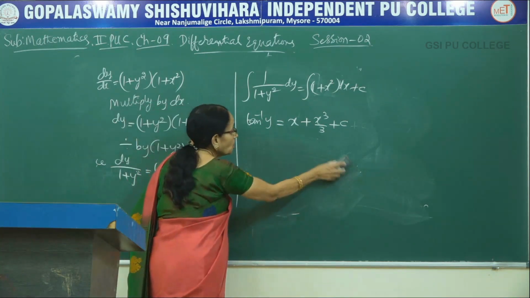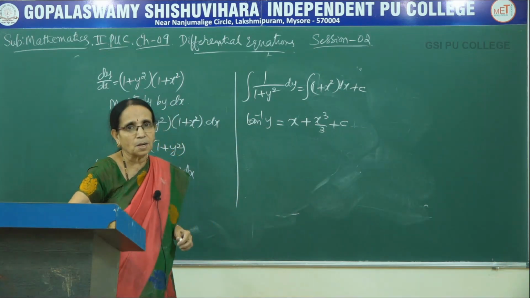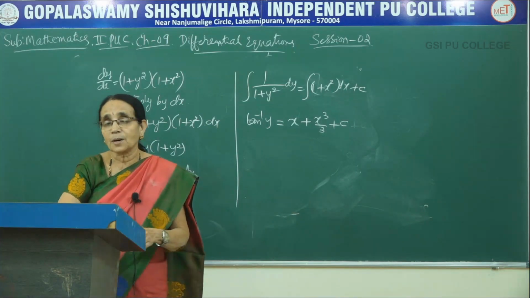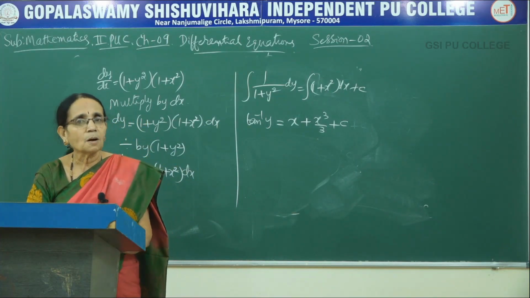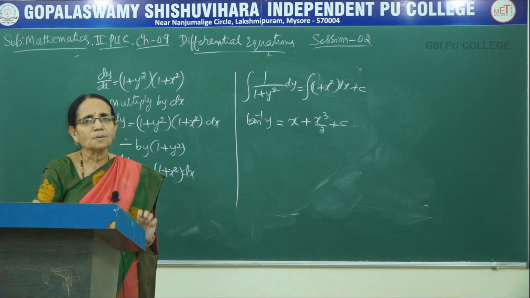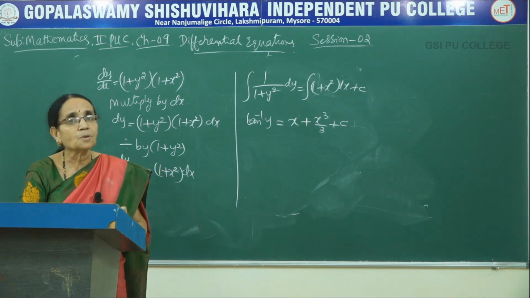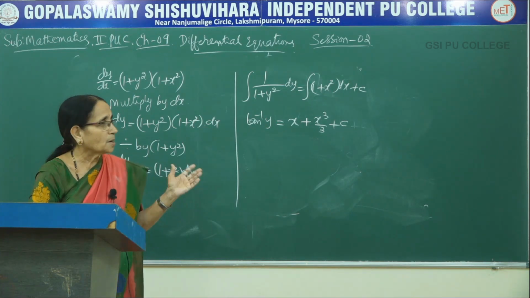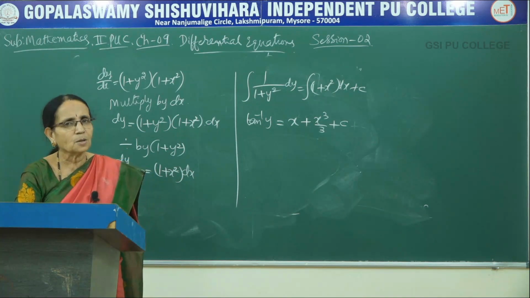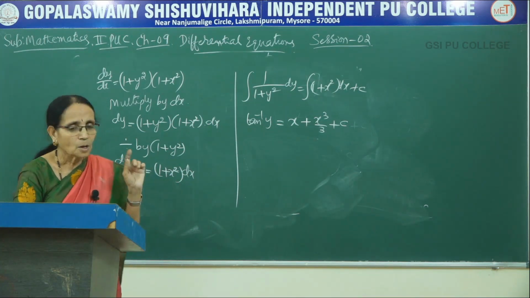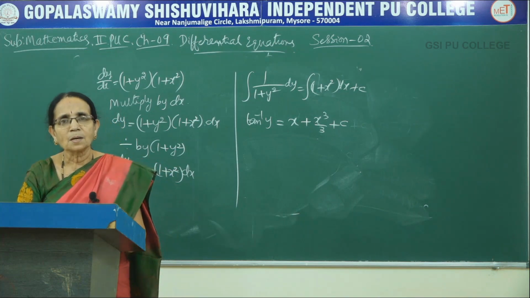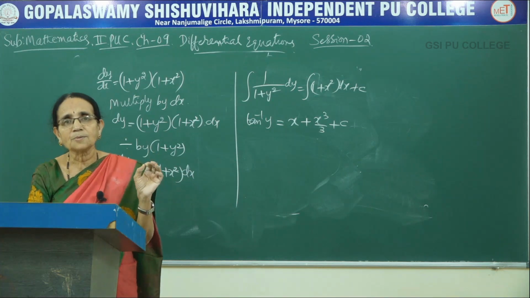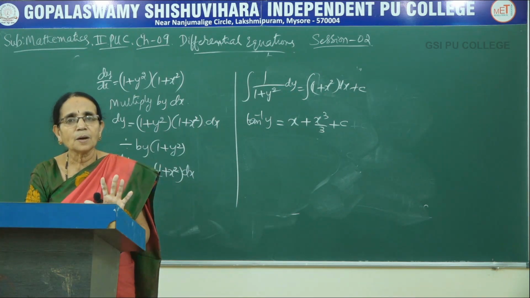I told you already, if you want the answer in a particular way, then only you have to make that adjustment. But whenever we consider the logarithmic function, suppose I get all the terms to be logarithmic terms, then there are some chances of writing the answer in a very simple way, because we have got the laws of logarithm which can be utilized to simplify the function if possible, otherwise it is not necessary. So go through these problems properly. In the next session also, I am working out some more problems which are connected with the same type, that is where the variables are separated.